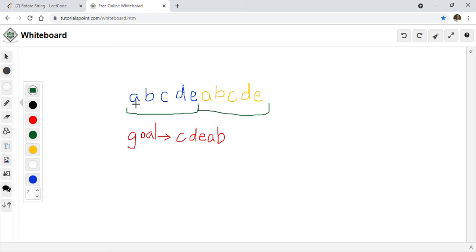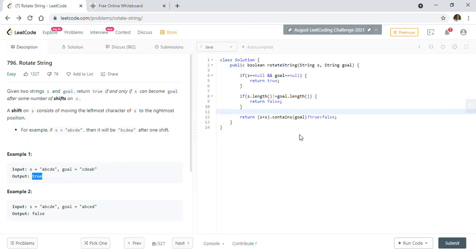So it becomes ABCDEABCDE, and then we only have to find out if the goal is a substring of this string. If you look at this combined string, you will see CDEAB is a substring, so we will return true.